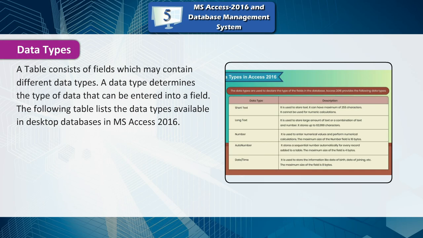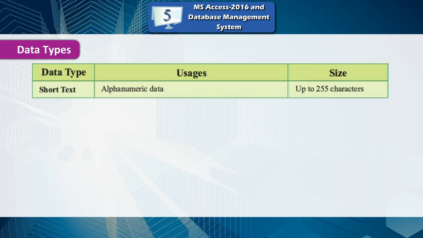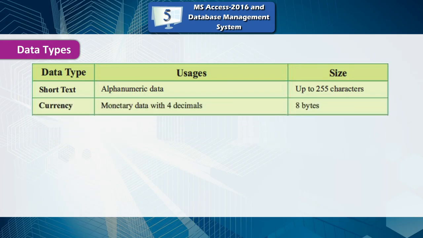Data types. A table consists of fields which may contain different data types. A data type determines the type of data that can be entered into a field. The following table lists the data types available in desktop databases in MS Access 2016. Data type, usages, size. Short text: alphanumeric data, up to 255 characters. Long text: large amount of alphanumeric data,